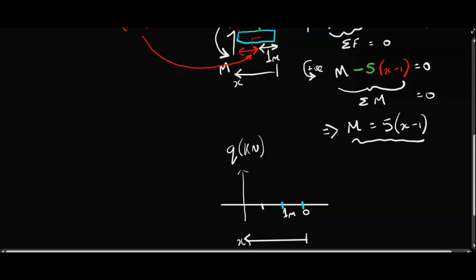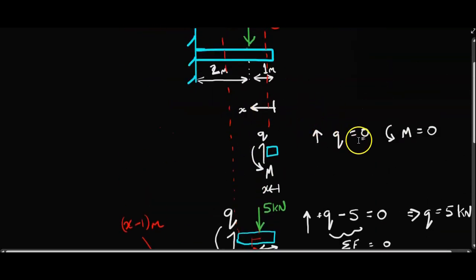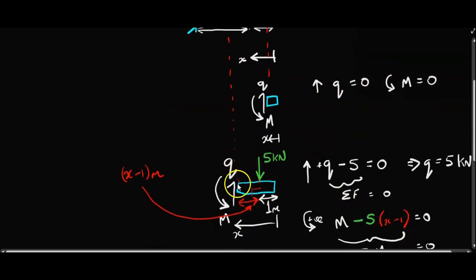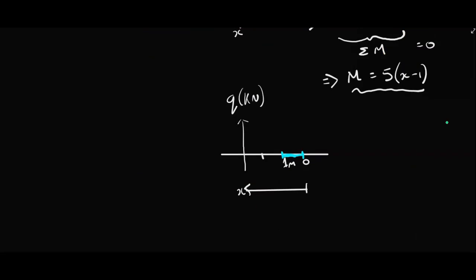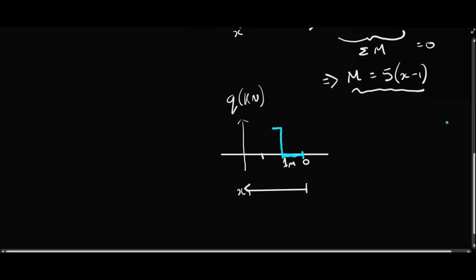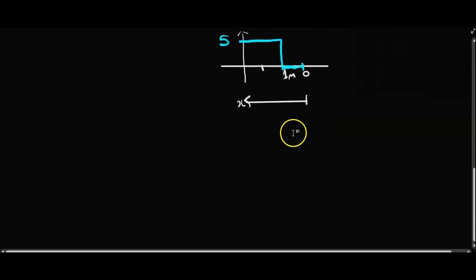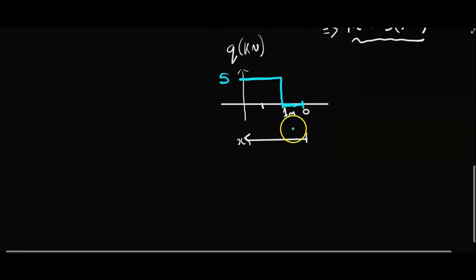So the shear force is 0 in the first section, as you can see from our first cut, and then when it goes to the left of that force, you see that it jumps up and we get this 5 kilonewtons. So it steps up and gives us this constant value of 5 kilonewtons. Okay, now let's come down and do the same for the